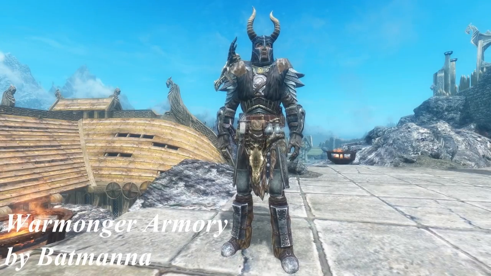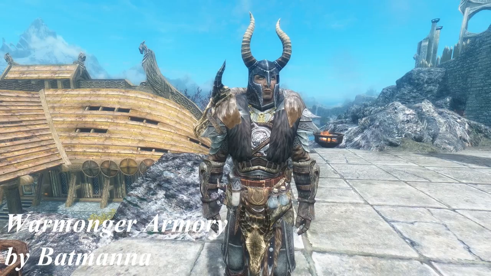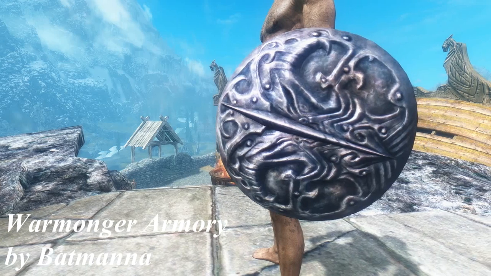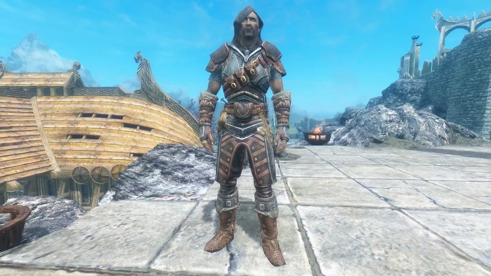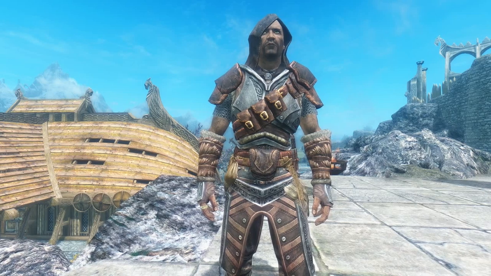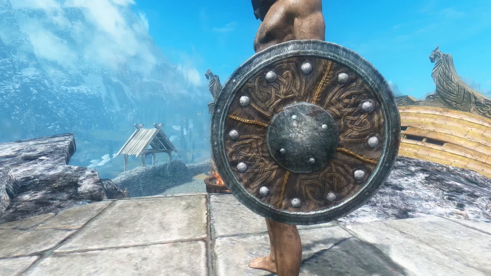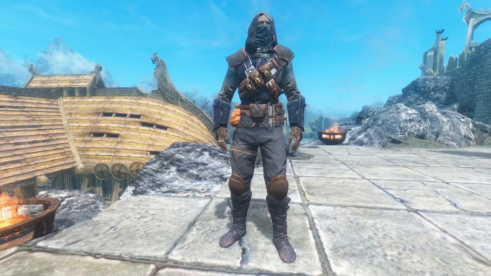Moving on to the armor mods, first one I have for you is called Warmonger Armory by Batmanna. This mod has tons of new armors, clothes and weapons in the game. This mod aims on adding immersion to your Skyrim experience by adding tons of new lore friendly content to both vanilla game and DLCs. Right now you can find 5 armor sets, 2 clothing sets and 6 new weapons in